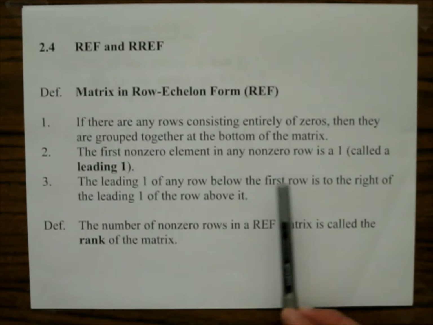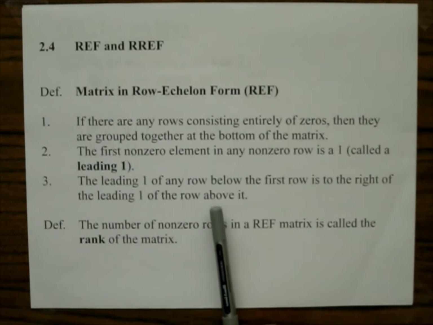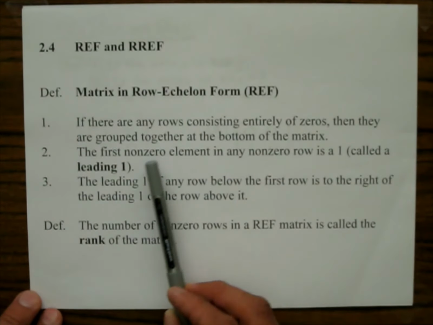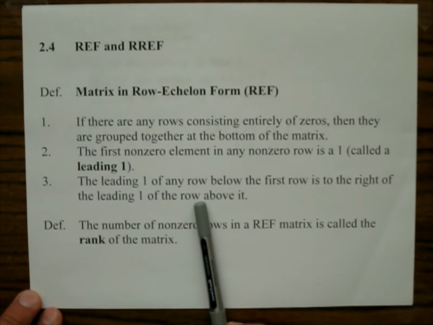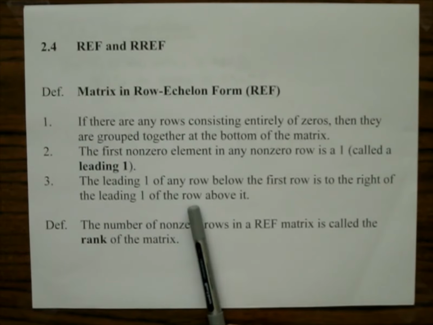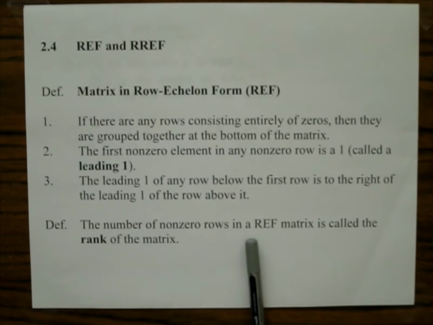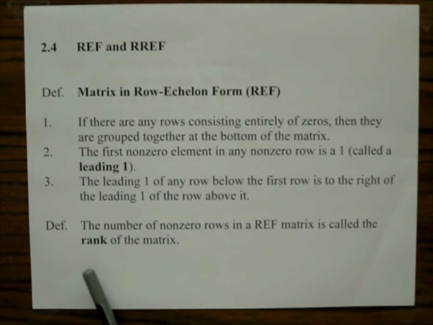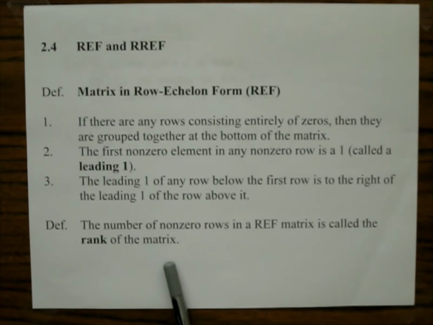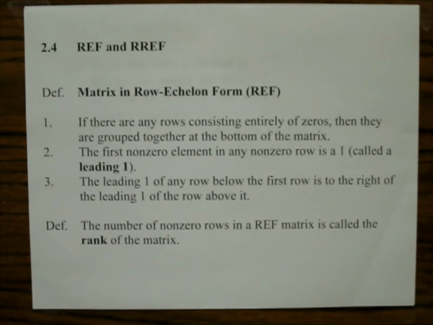Now, if we just said, okay, that's what it is, and moved on, this really wouldn't stick, so we're going to be looking at examples. Then we have the rank as our next definition. The number of non-zero rows in a row-echelon form matrix is called the rank of the matrix. Okay, we're also going to hit you with the next definition, which is